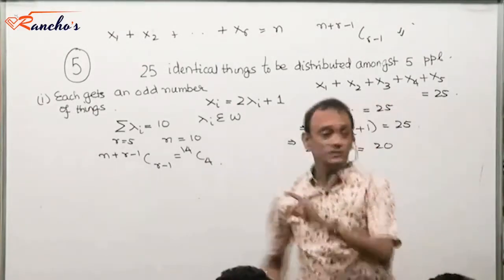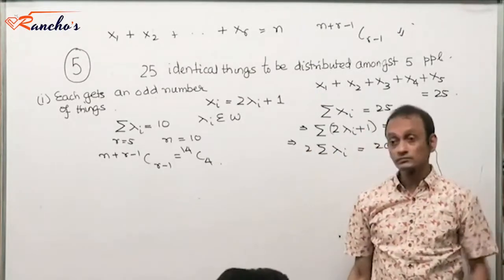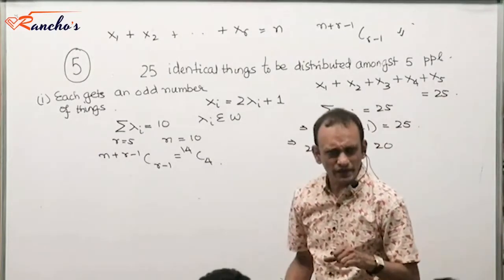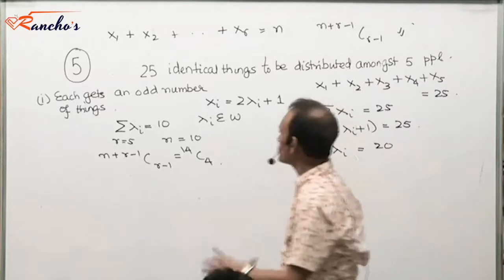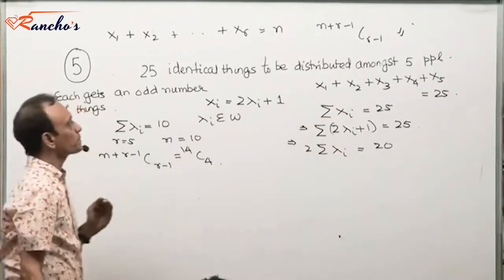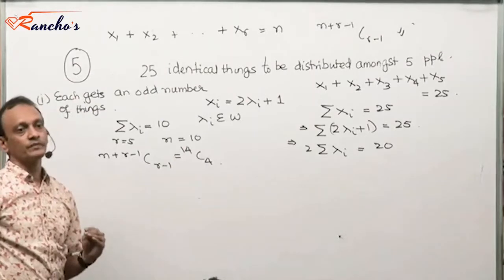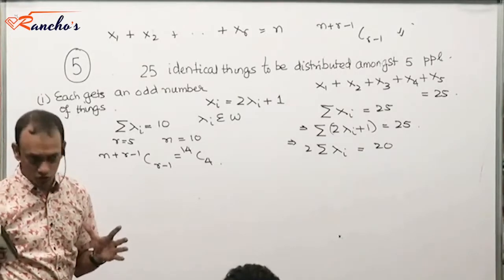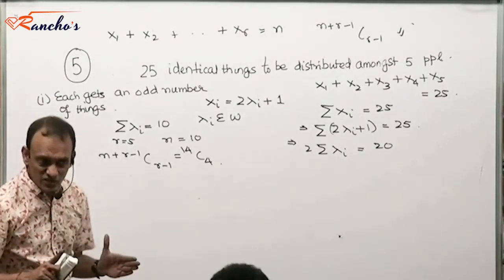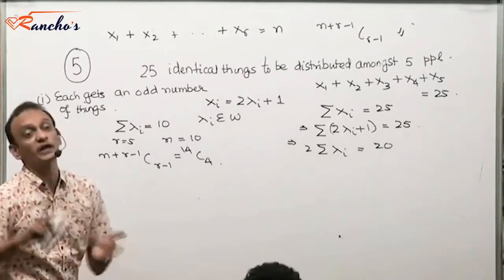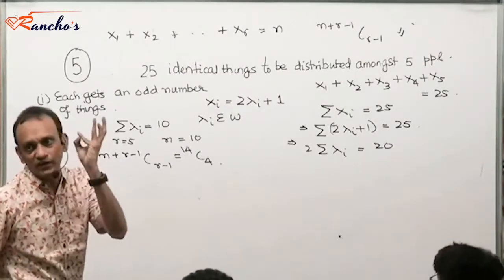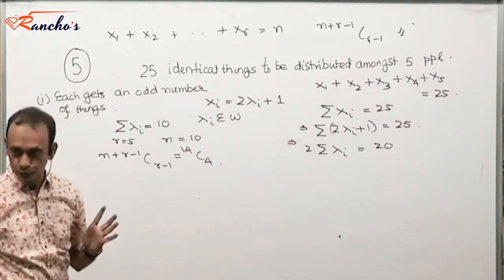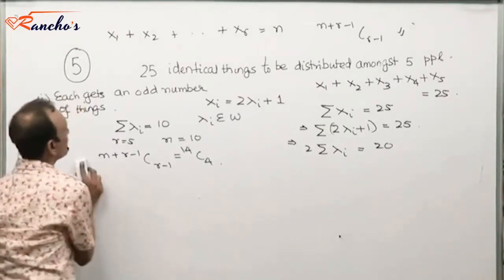Very good. The next part of the problem, if you allow me, where each person gets at least 1 but not more than 11. So the next part of the problem is, I don't want any xi to go beyond 11. It must be greater than or equal to 1 but less than or equal to 11, isn't it? Each person gets at least 1, so any xi will be at least 1 but not exceed 11. So xi's will take values like 1, 2, 3 up to 11. These are the values that xi's could assume. Clear now? Now, can I wipe this off?